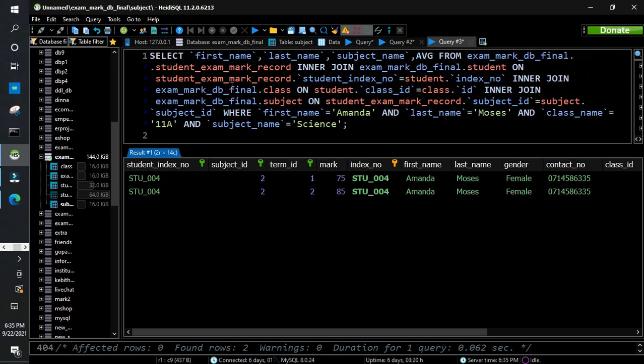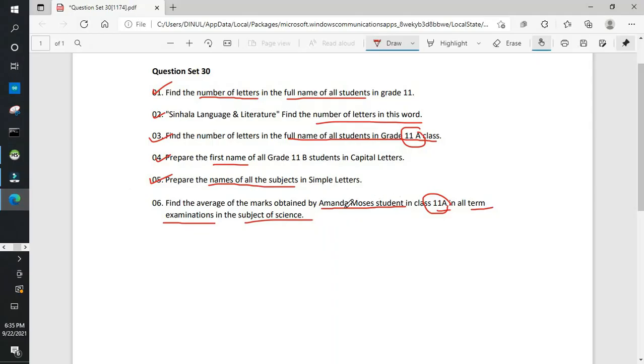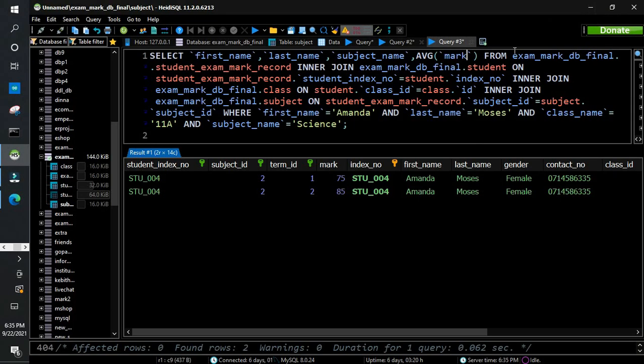So lastly what they are asking is the average of the marks that he has obtained for both the terms. Amanda Moses has written the science exam for the first term and the second term, and they are asking us the average of the marks obtained in both terms.